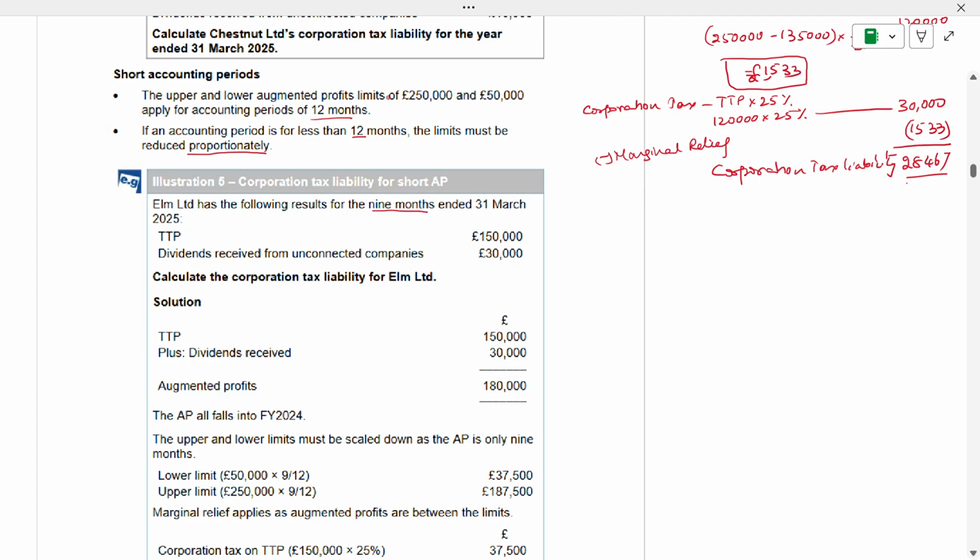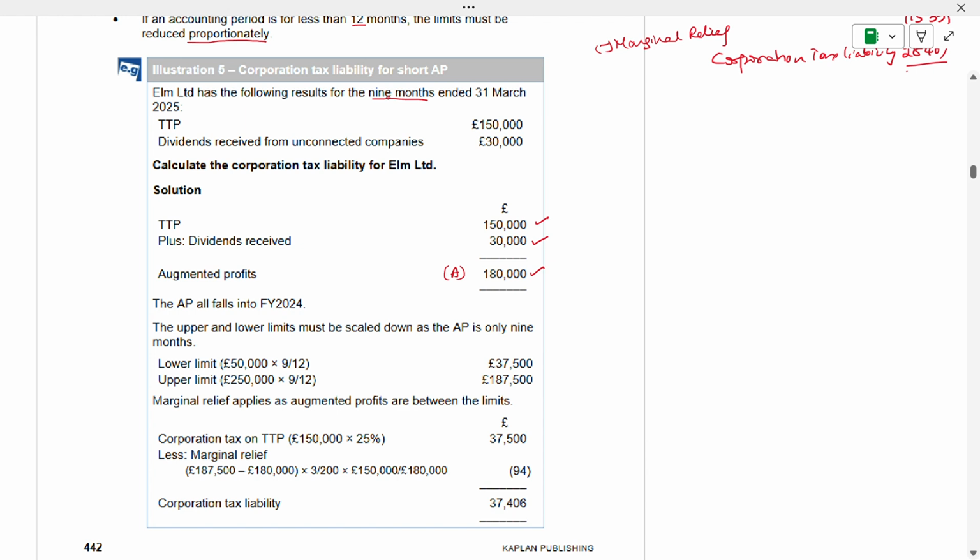If the accounting period is less than 12 months, the limits should be reduced proportionately. ELM has the following results for 9 months. TTP 150 and dividends is